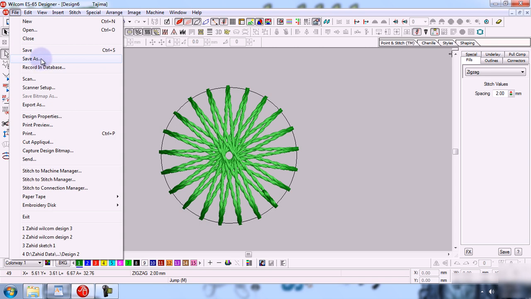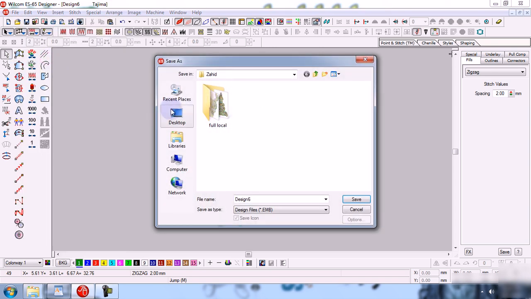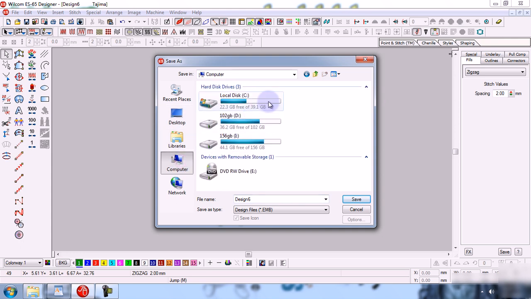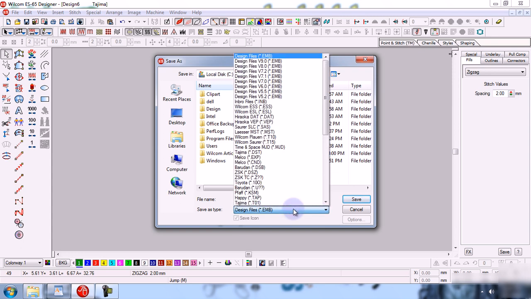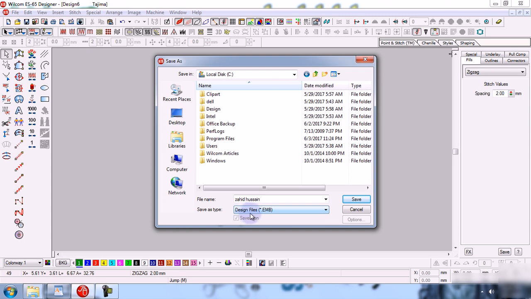So I click on the Save As button and then choose the place where I want to save. For example, I save it on the desktop or in local C drive with the name Design 6, or I give it my name, Zahid Hussain. Here you can choose any type of format. In the beginning you should save your design in EMB format.